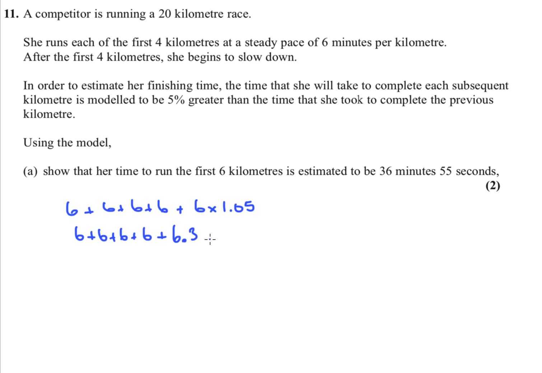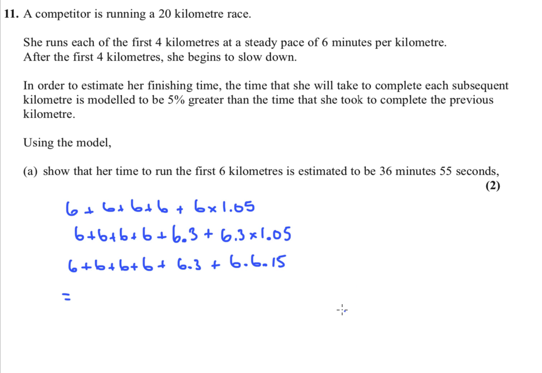But then the next kilometre, the 6th kilometre that she runs, she's going to run 5% slower than this one. So we need to add on 5% to this. So 6.3 times 1.05, which is 6.615. So the total that she runs is 4 6s plus the 6.3 plus 6.615. If we add all that up, we're going to have 24 plus 6.3 plus 6.615,